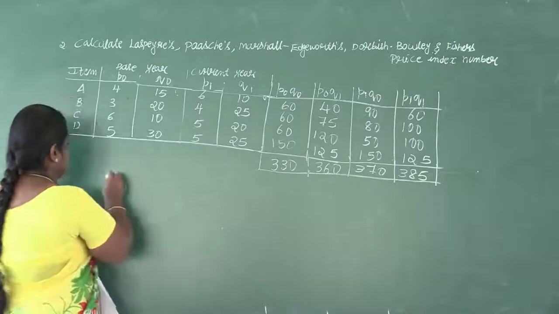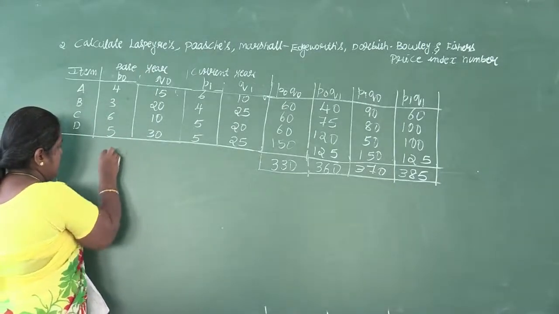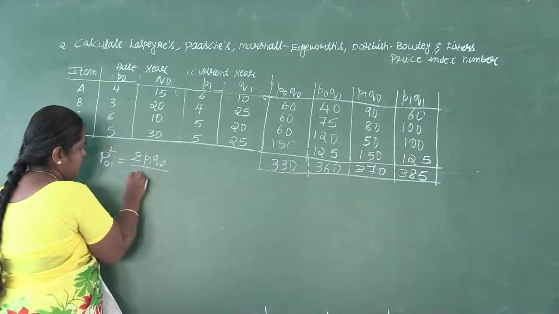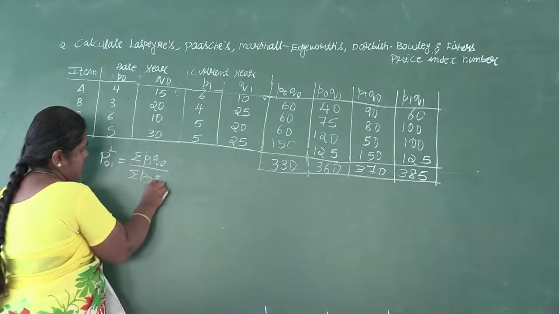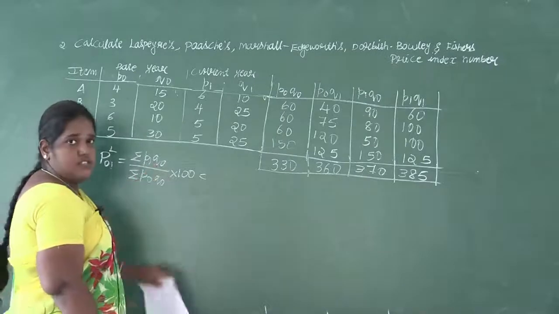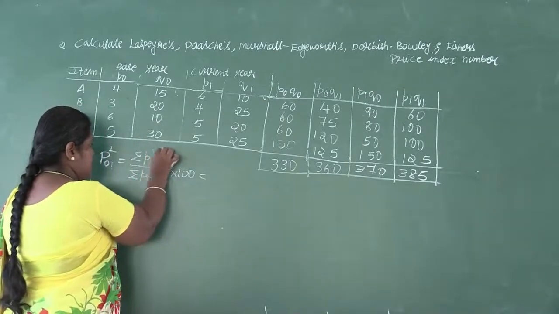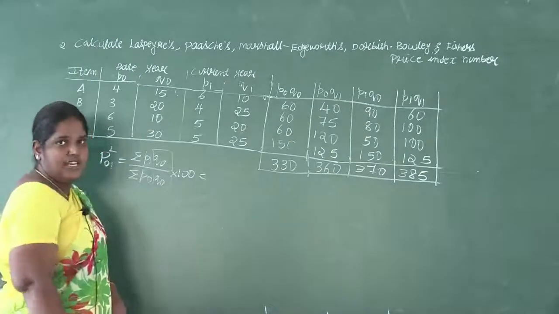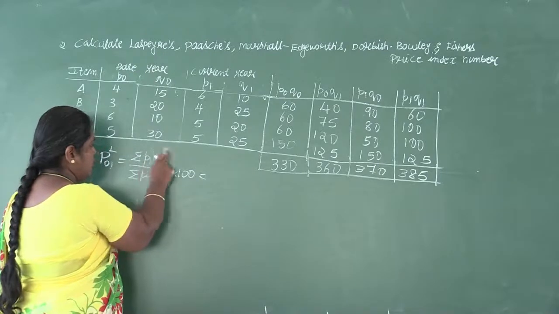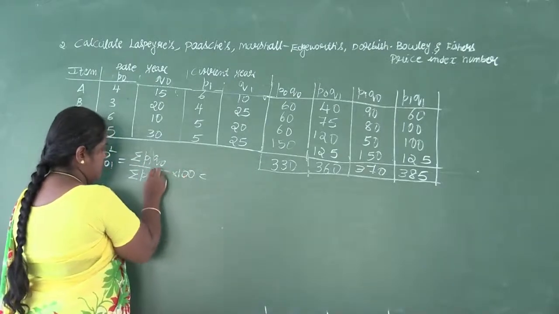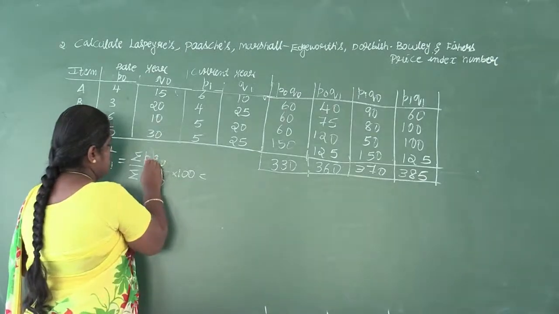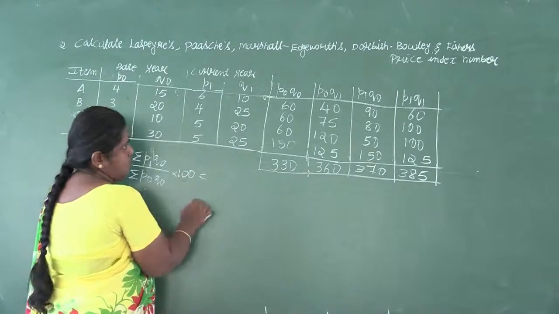So first question is Laspeyres. What is the Laspeyres price index number formula? It is sigma P1 Q0 divided by sigma P0 Q0 into 100. And what is the weight that is taken in this? It is the Q0. In the formula, the term which is common is called the weight. So here Q0 is common. So Q0 is the weight of the Laspeyres price index. I have said from the start that it will be asked for 1 mark: which is the weight used in the Laspeyres price index number.